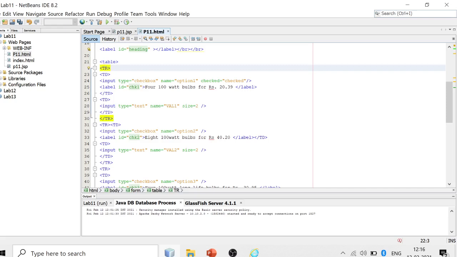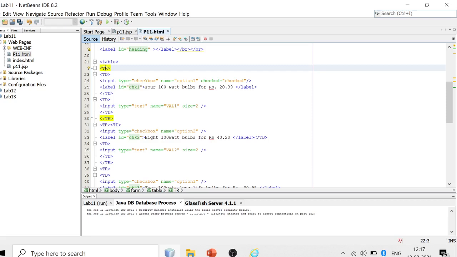By default, if the user has not selected any checkbox when the page is loaded, this first checkbox, or first item, will be checked. This is the price of the first item. Then one more text box for entering the quantity, that is val1. When the user enters some quantity, this name is used in the JSP page for doing the calculation.